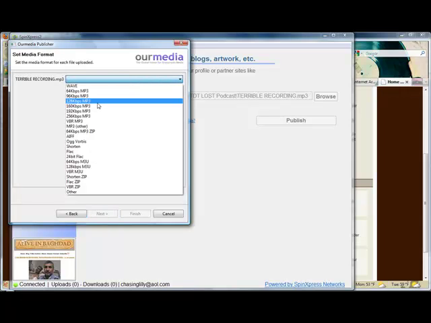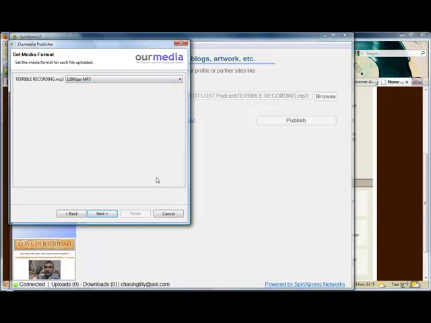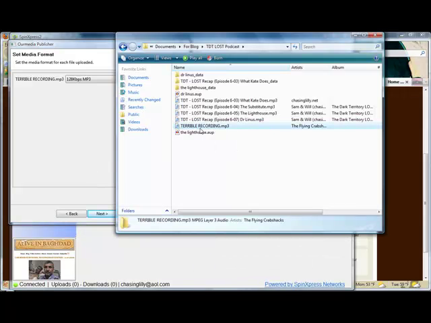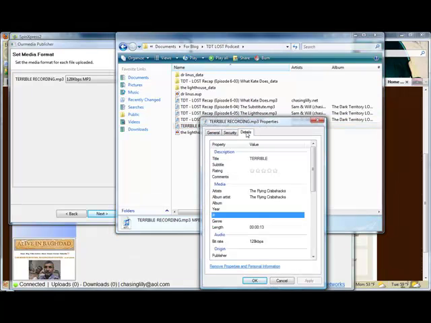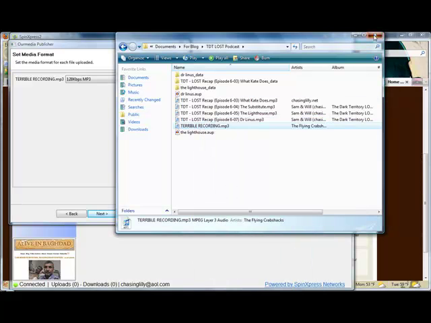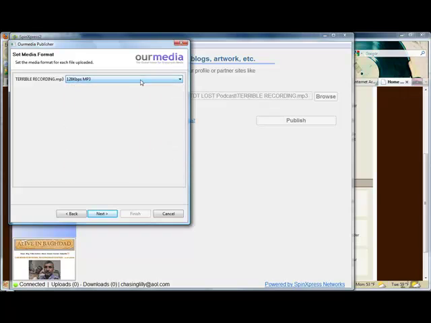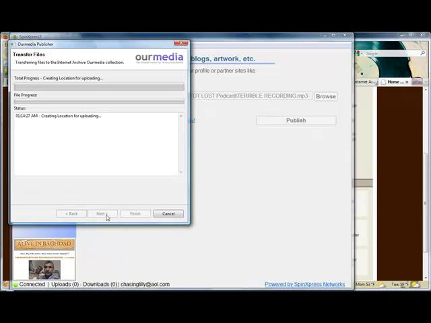It is at 128 kilobytes per second. You can check that by actually going into the file, going over here, and it will tell you right here 128 kilobytes per second. If you have any other audio files of different bit rate, then just change it to that, whatever it is. It's a 128 kilobyte per second MP3. That's what I've outputted from Audacity. So then I would just upload this here.